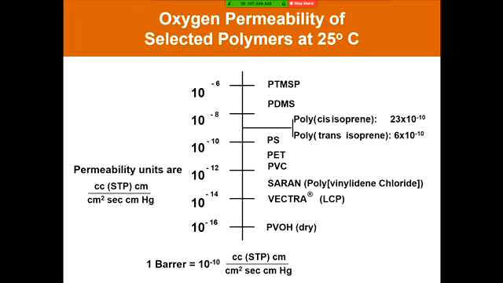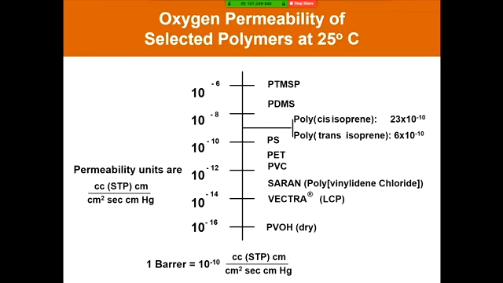One of the remarkable things about polymers, and virtually all gas separation and most water purification membranes today are based on polymers, is the enormous range of properties you can get by changing the chemical structure of the material. And so this shows the oxygen permeability of a range of polymers at 25 degrees C, just as an example penetrant. And you can see that the permeability coefficients vary by 10 orders of magnitude, that is by a factor of 10 billion, as you go from the least permeable polymers like bone-dry polyvinyl alcohol up to materials that are among the most permeable known, such as poly(1-trimethylsilyl-1-propyne).